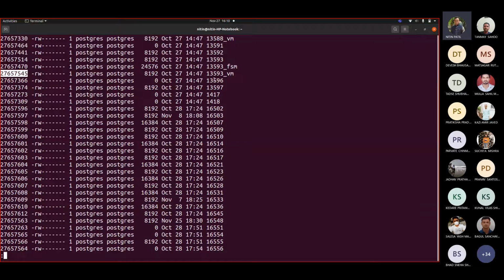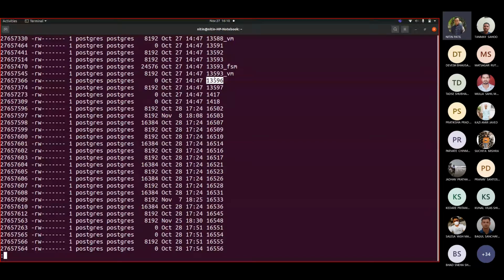For example, if it wants to access this file, it accesses it by this number. This strong relationship between the inode, which I have selected now, and the OID is bonded by the file access method.